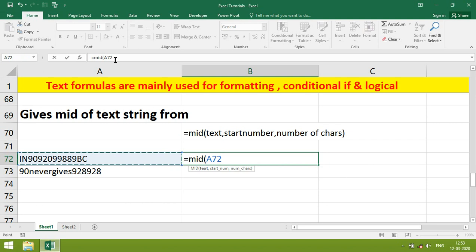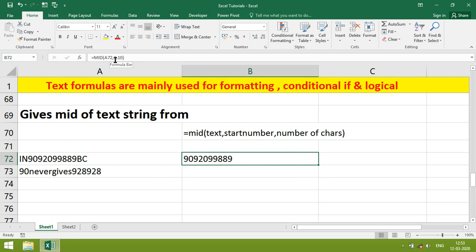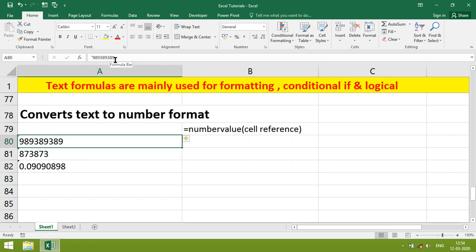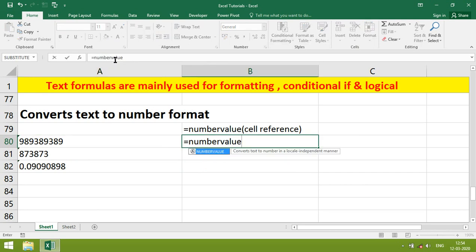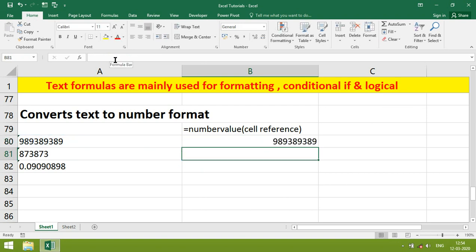Give the cell reference, 3, 10. In the same way, just copy, it will give it. This converts to number format. The main thing is it should be a number, then only it will convert.